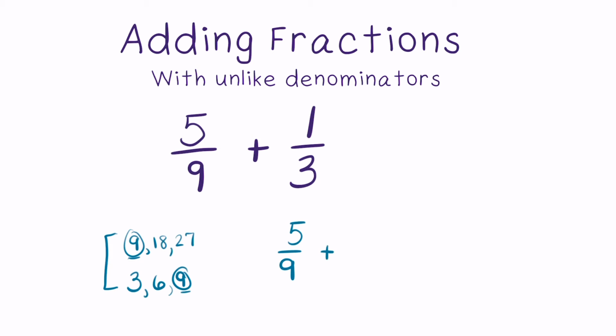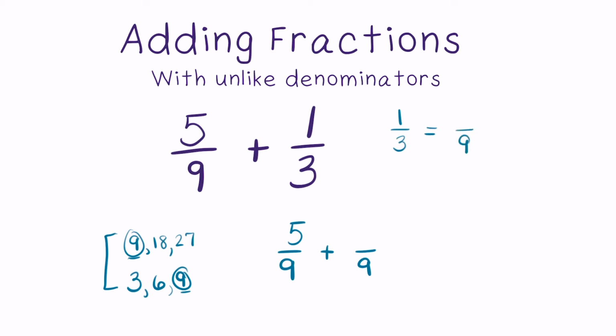Now, when we're adding across, we're going to add a fraction that's equivalent to 1/3, but represented in ninths. In order to find the fraction that's equivalent to 1/3, that's represented in ninths, you should take the fraction of 1/3